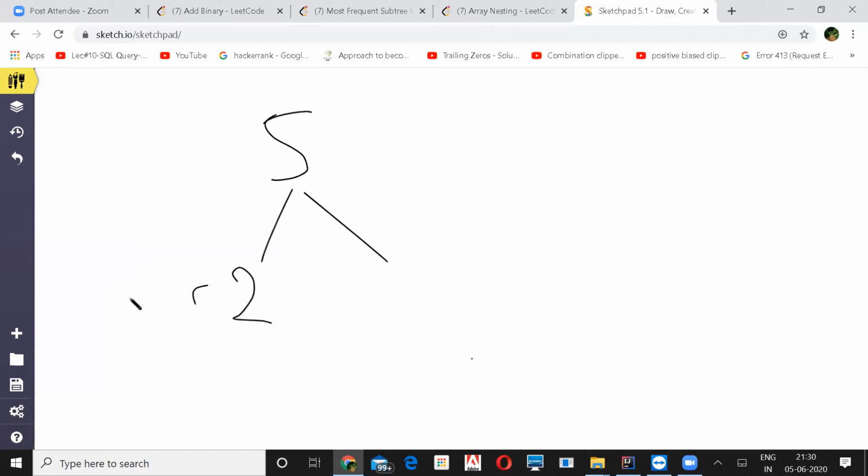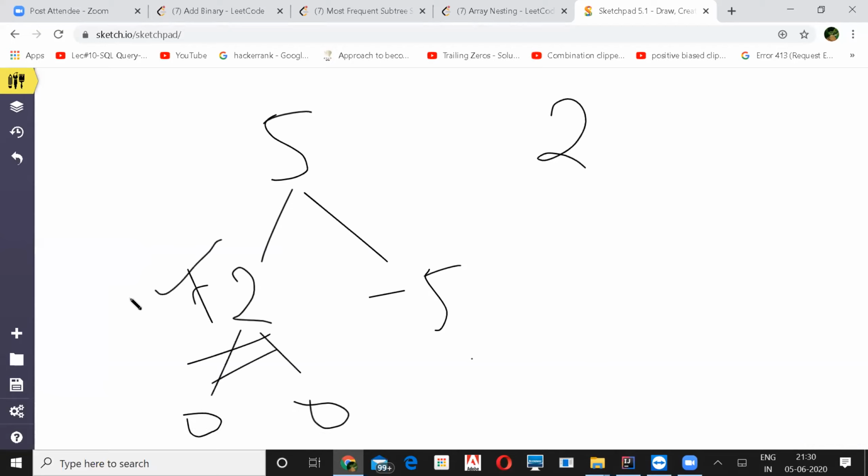So it's like, they have 5 minus 2 and this 5 minus 5, sorry. So this is plus 2. If you start from the leaf nodes, here your left child is 0 and right is 0, your total sum is 2. So it's occurring only once. If you go for this, here again left child and right child is 0, your sum is occurring only once.